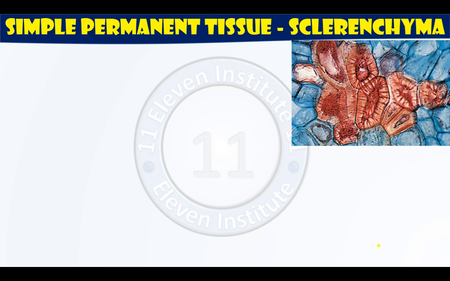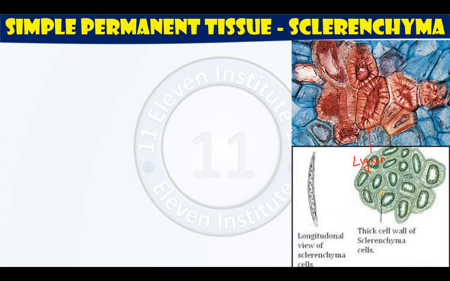Moving ahead, now we will learn about sclerenchyma. You can see this is the image of sclerenchyma. You can see yet more thick cell walls are present over here. There is a pinkish appearance over here, and that is due to the deposition of lignin in their cell walls. So, in the normal parenchyma, there are only cellulosic cell walls. In collenchyma, apart from cellulose, there is pectin, and in sclerenchyma, apart from cellulose, there is lignin deposit. Right, there is deposit of lignin in the cell walls of the sclerenchymatous tissue.